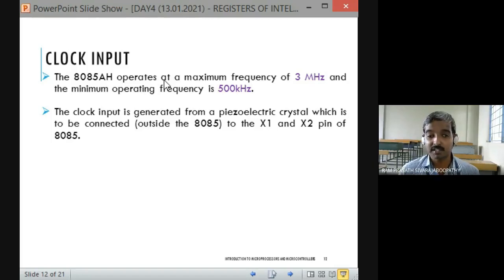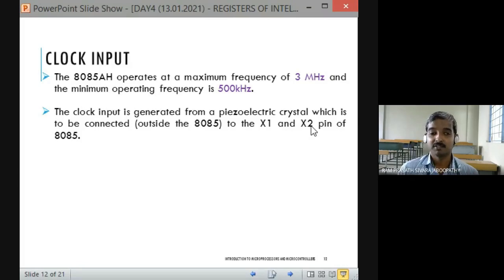To generate the clock pulse, internally we have an oscillator circuit. We studied in the features that it has an on-chip oscillator circuit. So by connecting a piezoelectric crystal externally. As far as the crystal is concerned, it is a two terminal device. One must be connected to X1, the other must be connected to X2. It doesn't have any polarity. You can connect it either way. So we connect one pin to X1 and the other pin to X2, and it will generate the clock